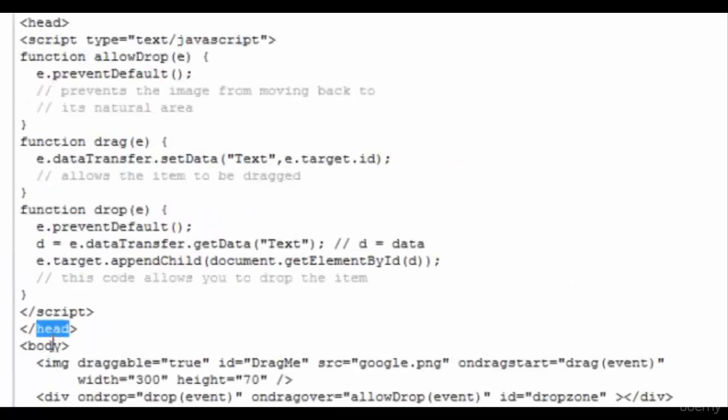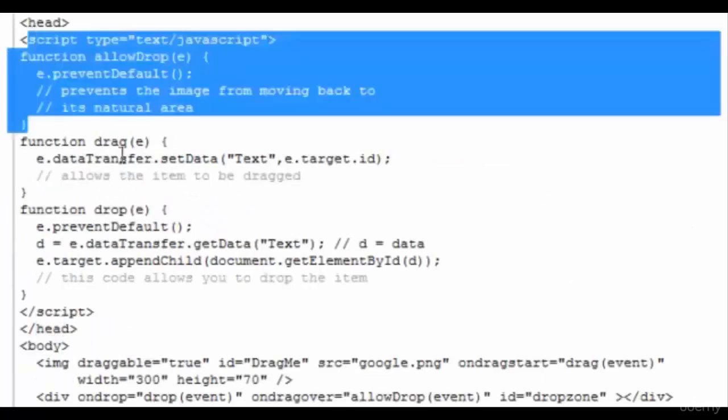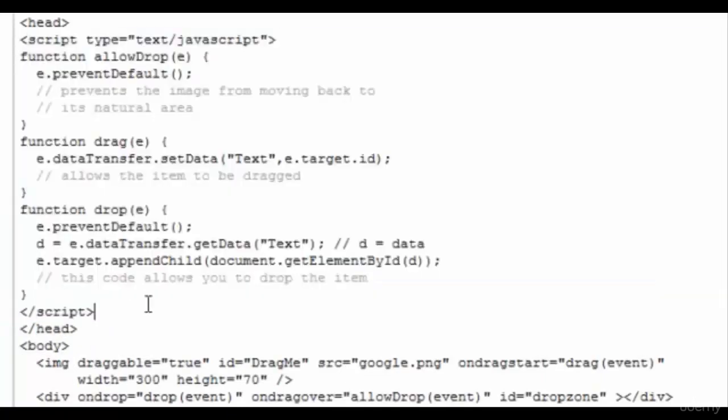I specified the head and body elements just so you know that we put our script inside the head, although you can put it at the bottom of all your code as well. So we opened our script, we closed our script, create another function. This one's just called allowDrop, drag and drop. We're not going to go over these too much right now. If you want, you can copy the code over and play with it. For now, we're not going to cover any of the JavaScript about this, and that's just because we'll get into this a little more with the JavaScript section.